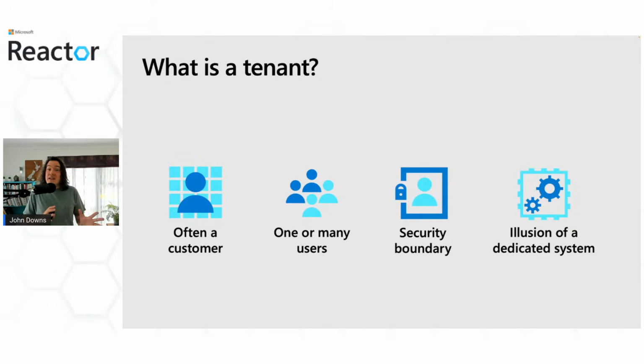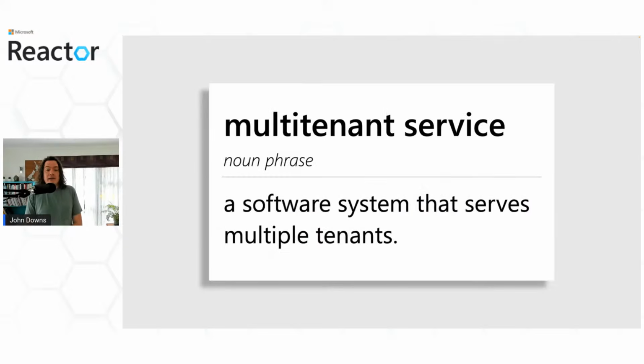So although it can be a little tricky to pin down a definition for what a tenant is, there are a few things that can typically indicate who tenants might be. So generally a tenant is a customer, somebody that we have a commercial or a billing relationship with. The tenant might just have one user, like in our music streaming example, or there could be many users associated with the tenant, like in the accounting system example. A tenant might be an organization. It might be a team or a division within an organization. It might be a family. And tenants represent some sort of security boundary with their own data. And tenants also have the illusion that the system is dedicated to them. It's not, but of course that's the impression they get. So the definition of a tenant will be different for different scenarios and different solutions.